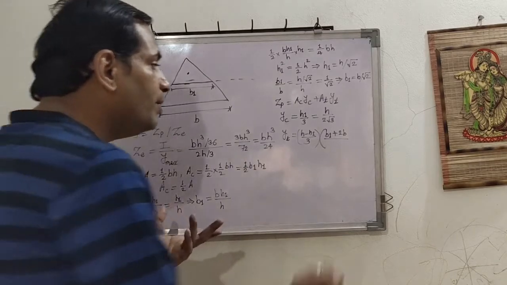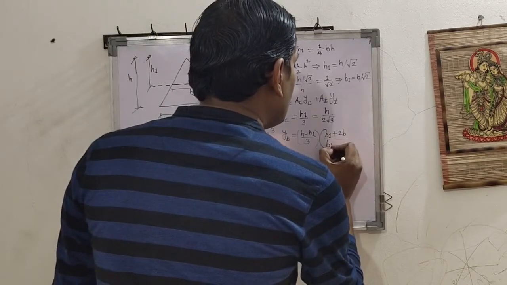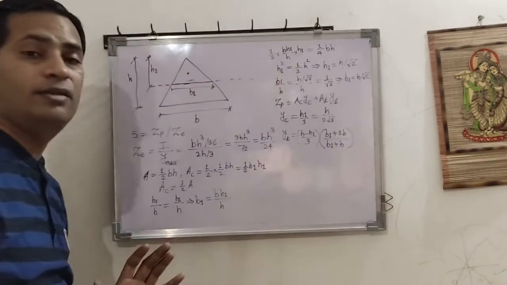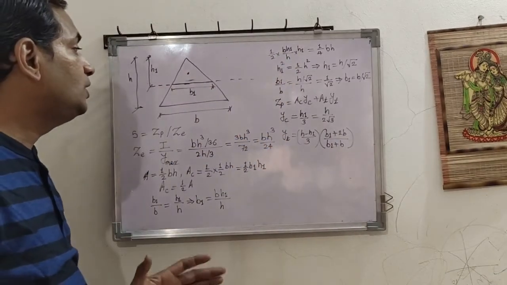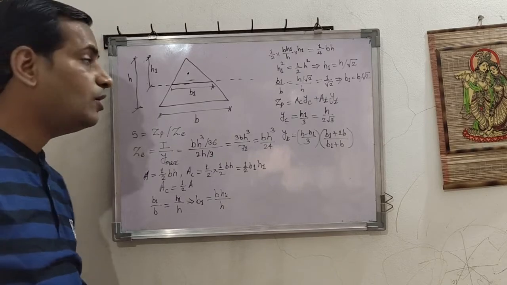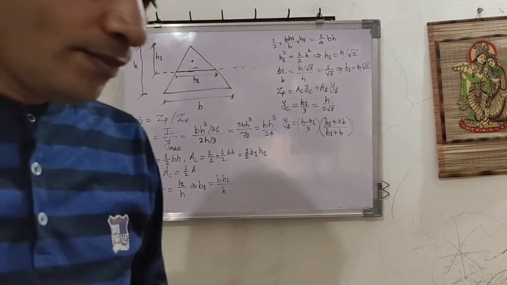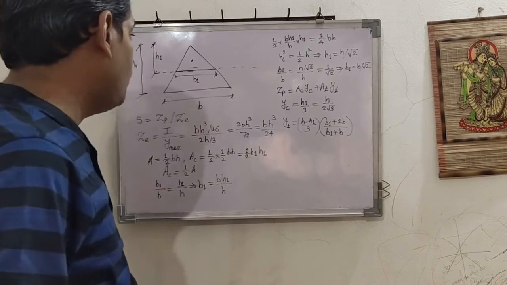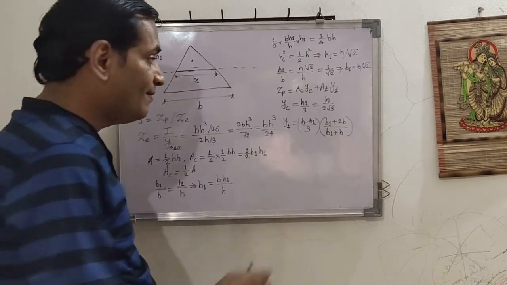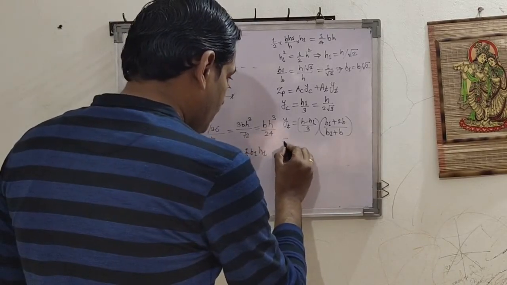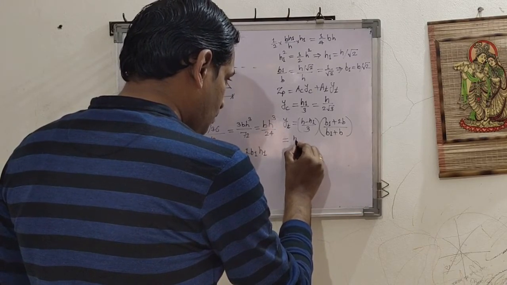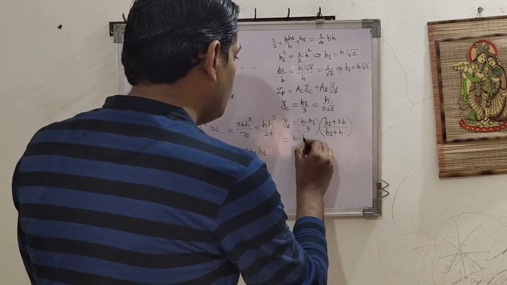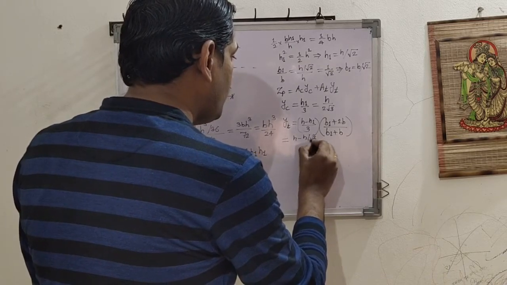Now this is the centroidal distance formula for a trapezoid. Okay, now we will substitute one by one the values. So h minus, what is h1? h1 is here, h by root 2, divided by 3